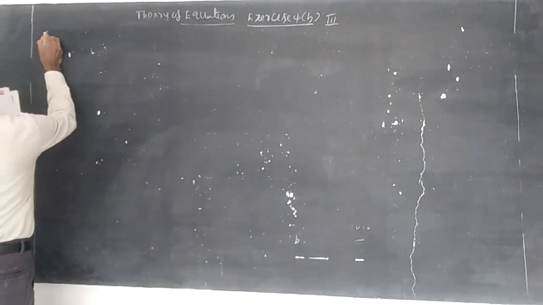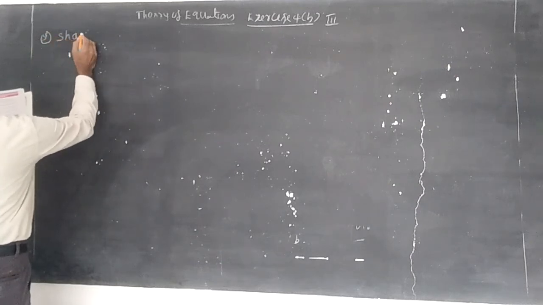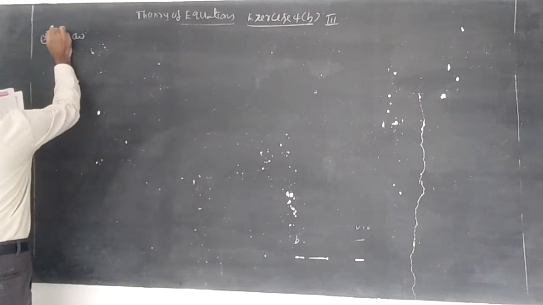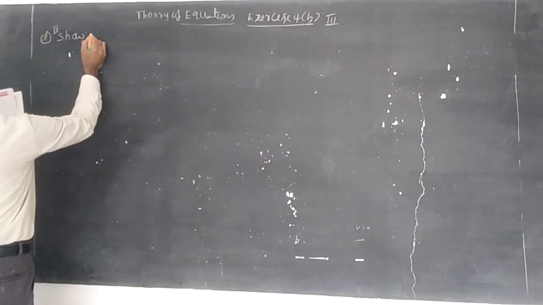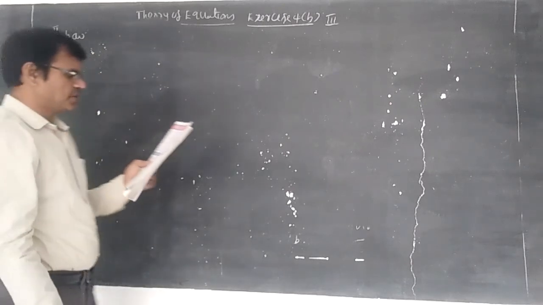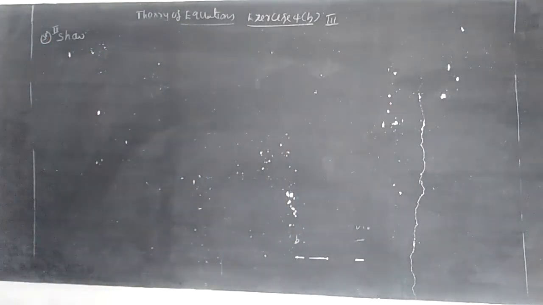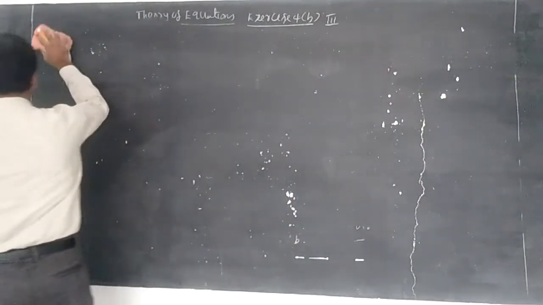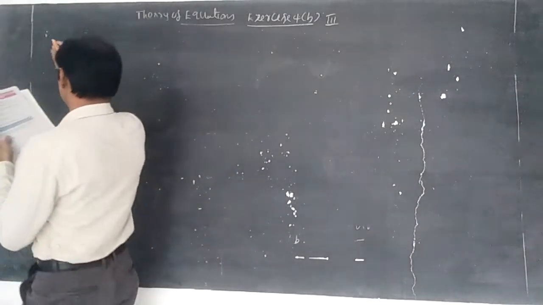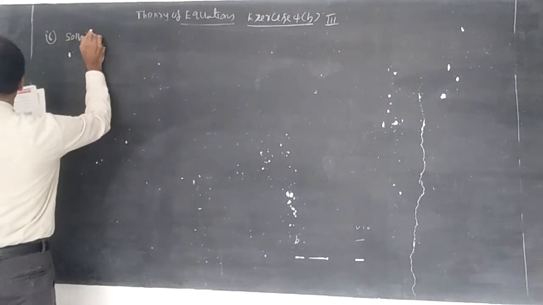Fifth question, show that, the first one is already over, students. Fifth second, show that, find the repeated roots simply. So repeated roots you can calculate. Let us solve the sixth question. Fifth question you do as homework. Sixth question I will do. Repeated root concept I already said, that is why you can do it using f of x, f dash x like that.